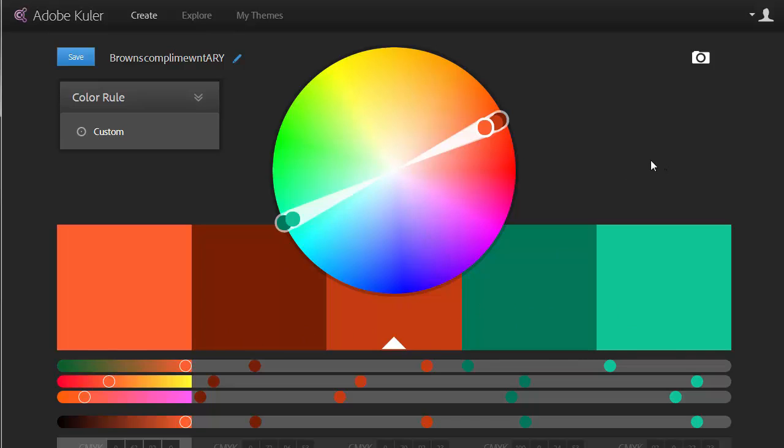So real quick, what I'm going to do though, and this is where Color shines as a tool for filmmakers, is I'm going to import an image that I captured on set. It can either be something that you photographed, or it can be something that's a screen capture from your actual acquired footage. So I'm going to go over here to the right, and it says create from image, and I'm just going to click that,